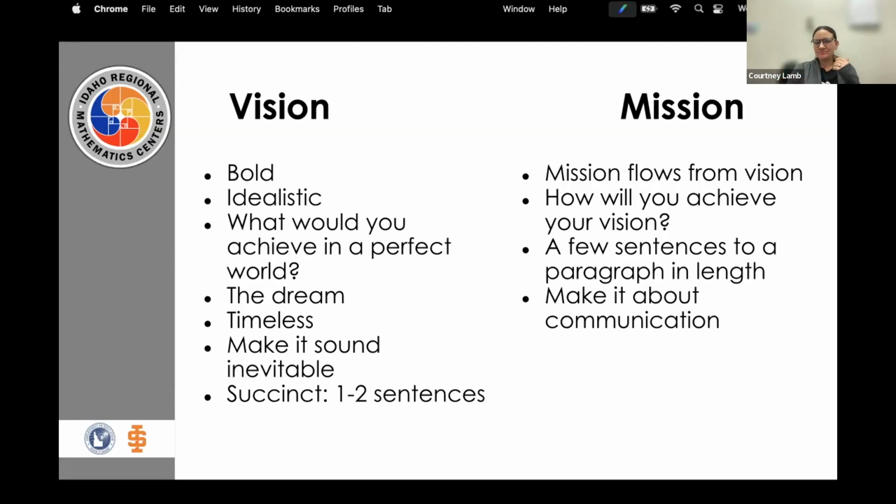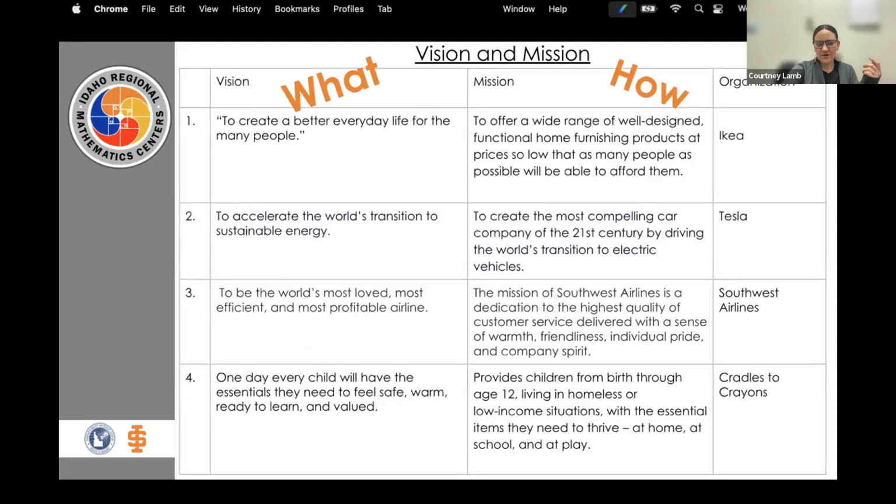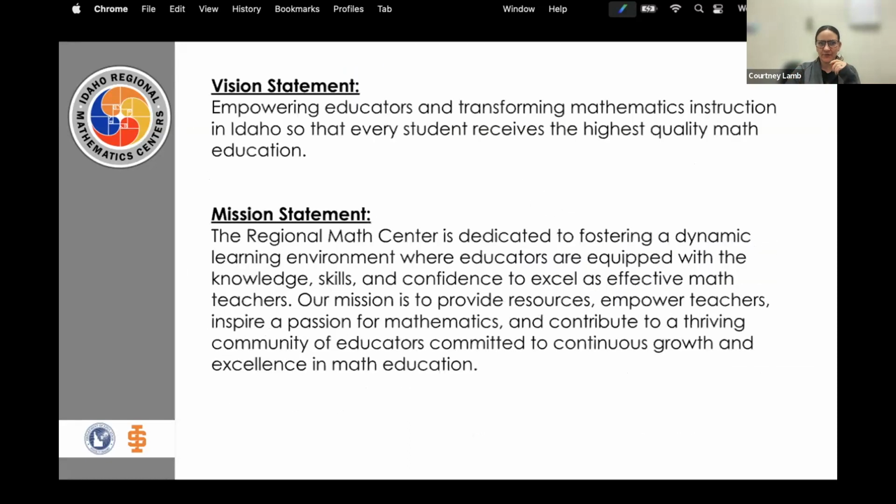All right. You want to talk about how you'll achieve your vision. It could be a few sentences to even a paragraph. Some are much larger, some are smaller. I've seen where the vision is bigger. I've also heard your mission should be 8 to 15 words. I don't know. There's not just one perfect way to do that. These are just general guidelines. And then make it about communication, and we'll talk a little bit more about that. Like I said in this last one, they communicated a lot in that mission. I knew what that organization was about.